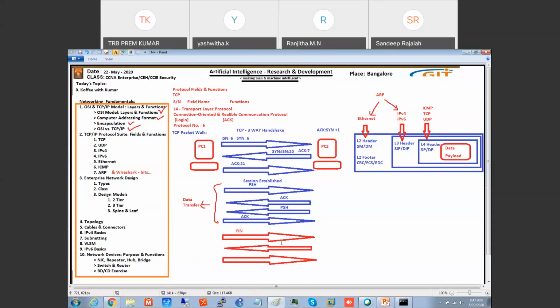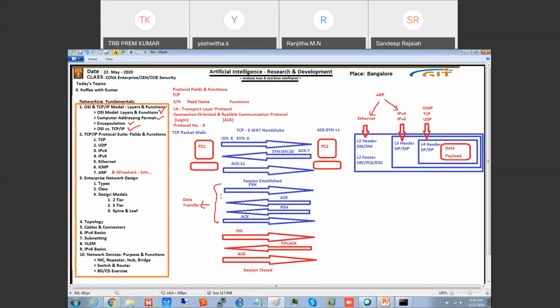Then it will give an ACK. When he's giving ACK, he will give FIN and ACK. FIN-ACK. Then again he will say, okay, I am also finishing. FIN, ACK, ACK. This is the way the session is closed. This is called the TCP three-way handshake and how the TCP communication happens.